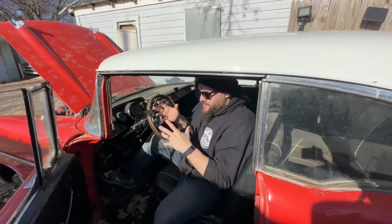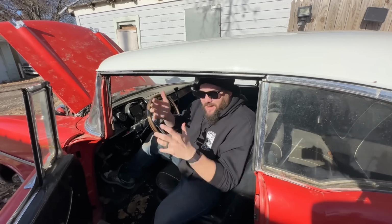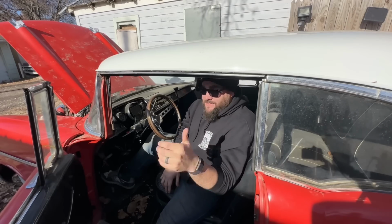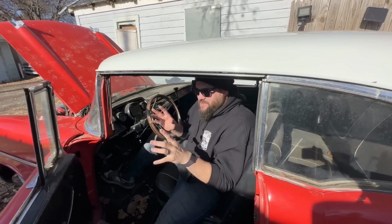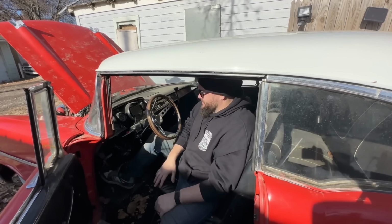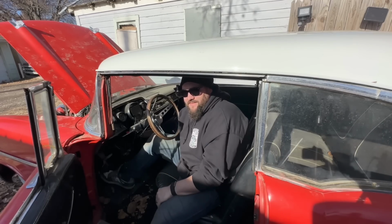So I'm thinking maybe the cheaper battery is just dropping voltage somewhere that I can't find, and it's not letting the coils fire. When I tried to check spark 2 weeks ago, it looked like I had spark, but it was real faint. So something is wrong. I don't know what it is. All I know is what I'm going to do: I'm going to put a bigger battery in it. Hopefully that fixes the issue, because it makes zero sense at all. I haven't rewired anything, I haven't done anything, but...